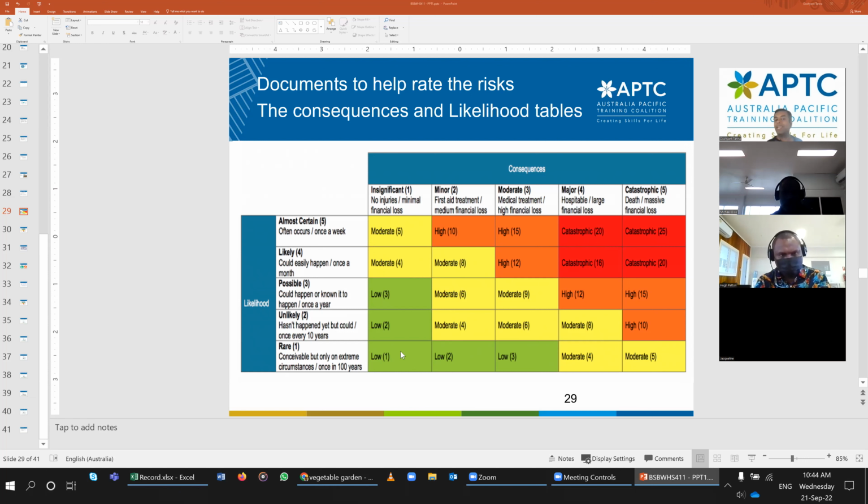And then rare is 1, insignificant is 1. 1 times 1 is 1, right? This is how it's been done. This 1 is 1 times 1. This 12 or this 6, for example, it is in 2. This one is possible, so 3. 2 times 3 is 6,